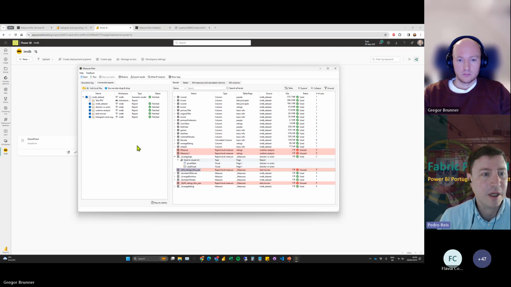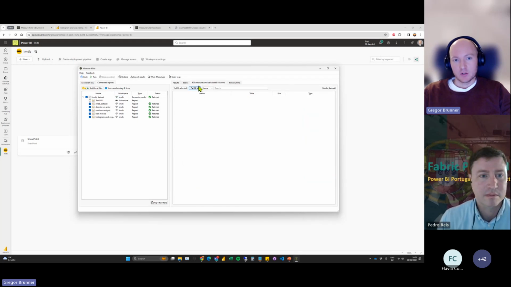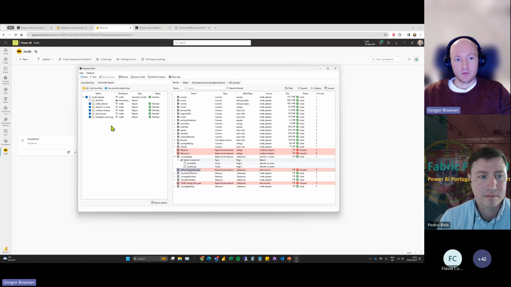And in the paid version, meaning that right now we can run this directly in the service without the direct copy. Just need that all the workspace that you have XMLA read-write permissions activated in the tenant on premium capacity, right? Yeah, so we only need XMLA read to do the analysis, but we need write to kill stuff. So to kill the measures and calculated columns, we need XMLA write, but we only need XMLA read to get this whole analysis. And also the model, the dataset has to be in a premium workspace. It has to, because we're doing XMLA and it's a premium feature.